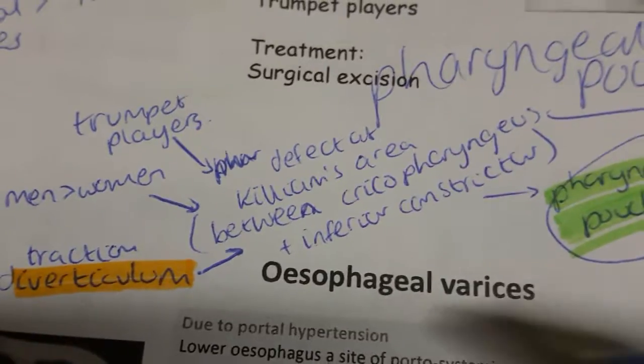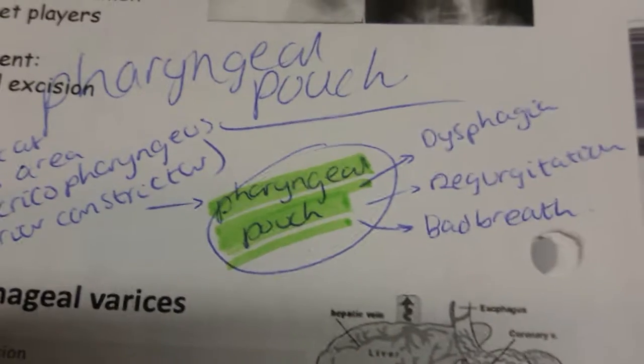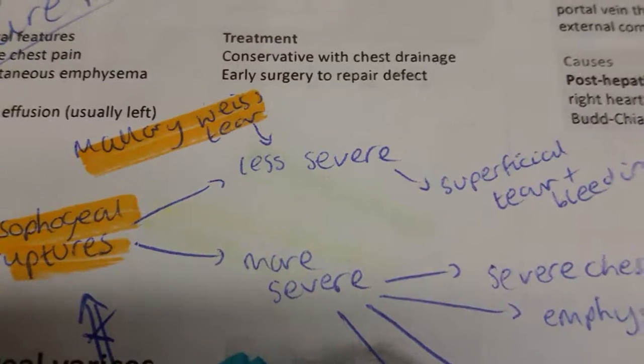Another disease is pharyngeal pouch. Pharyngeal pouch is a defect at Killian's dehiscence, which is posterior. It's the area of bare muscle. Bare, so it hasn't got any muscle, resulting in dysphagia and halitosis, bad breath. Esophageal ruptures, you can either get severe ruptures, which cause severe chest pain and emphysema, or a Mallory-Weiss tear, which